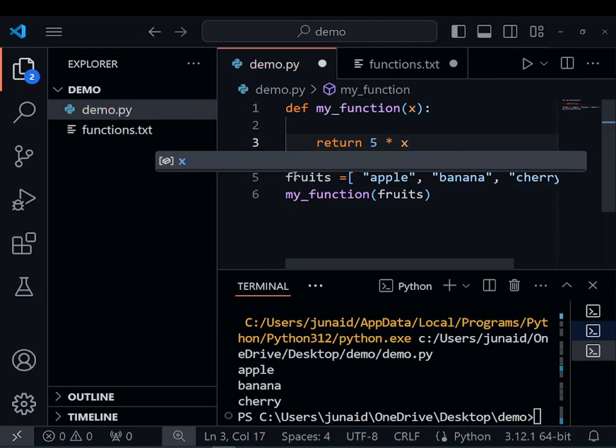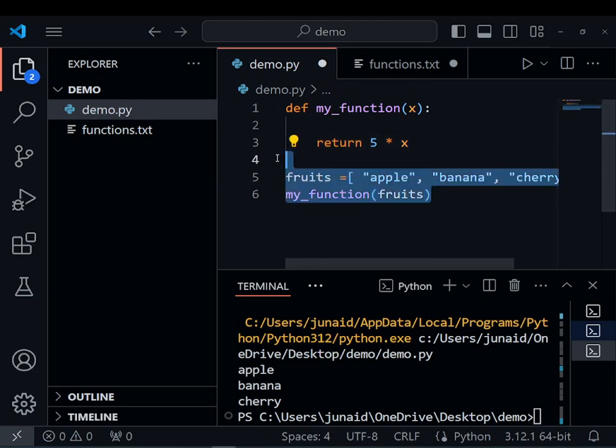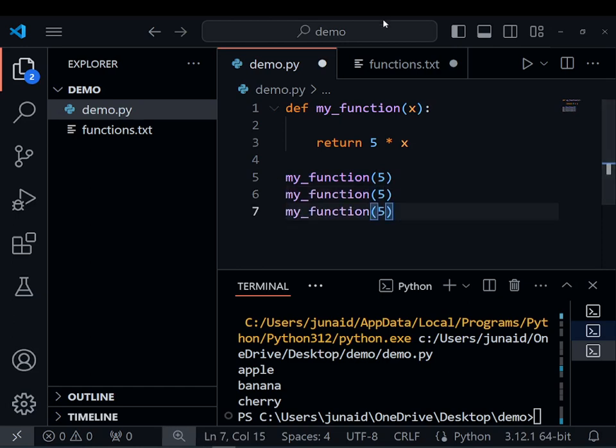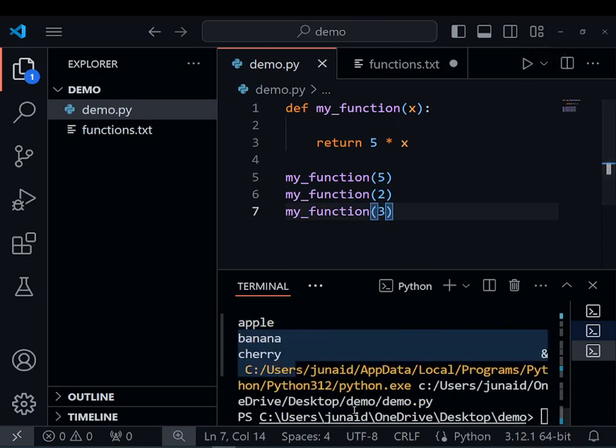Now in my function I put 5, and just copy that, paste, and here I put 2, here I put 3, and save that, and if I run that,